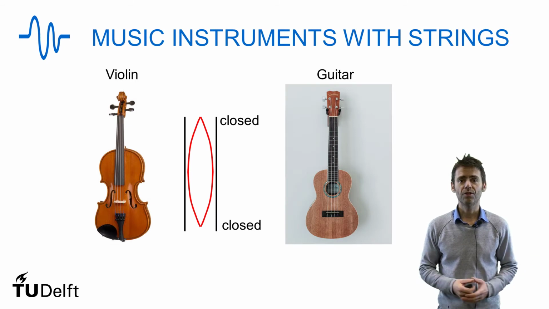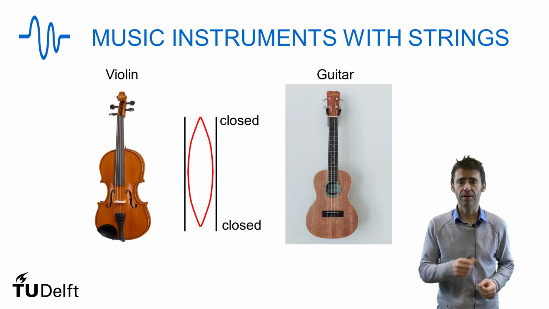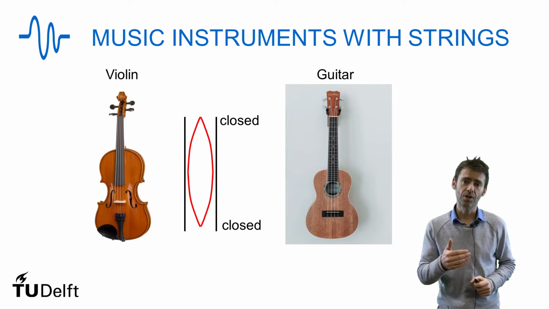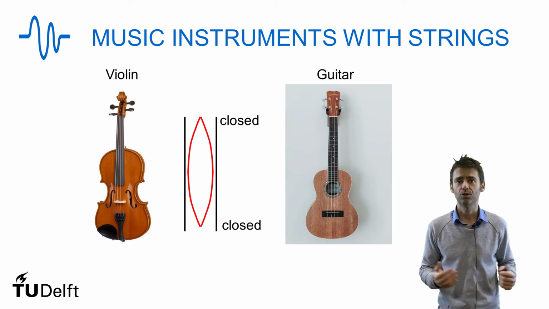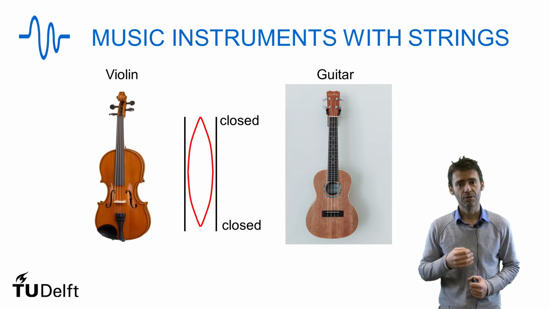So let's consider now the violin. In the violin, the strings are connected at 2 fixed points, so they are both closed. Now when you strike the violin, you get sound from all the harmonics. They all contribute to the sound of the violin. This is called the timbre, and this gives this warm sound. In contrast, when you pluck a guitar, you only get the first harmonic, or the first and the second harmonic. So this gives a totally different sound.